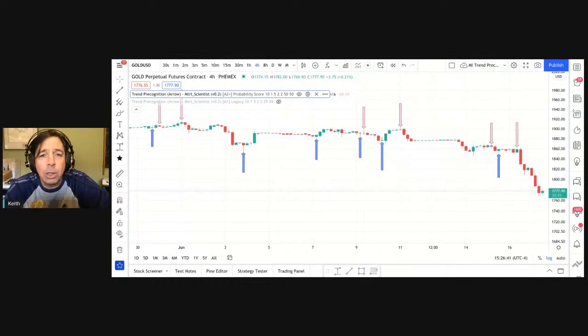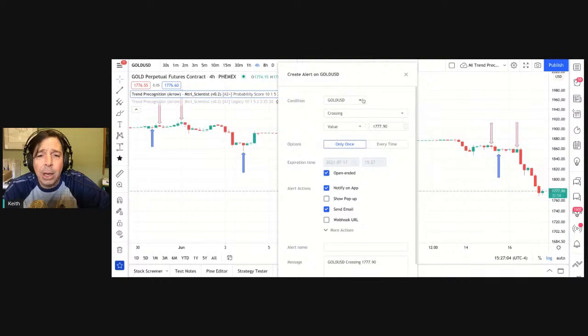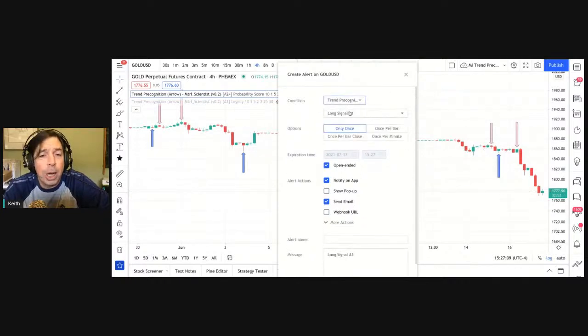If you want to use this to automate and create an alert for it, that's also very easy to do, just as you would do with any other alert that you're setting up for TradingView. You merely go to add alert, and your condition on this is going to be trend precognition.